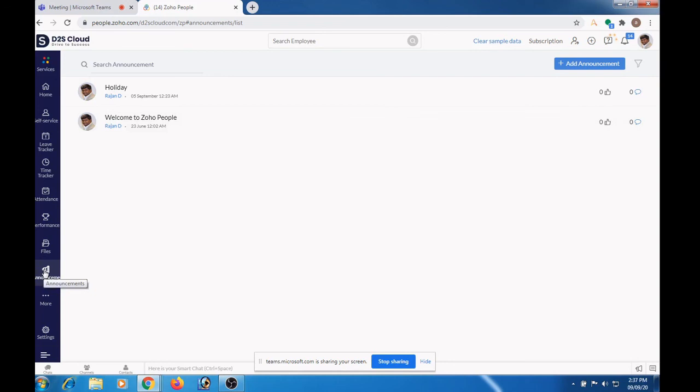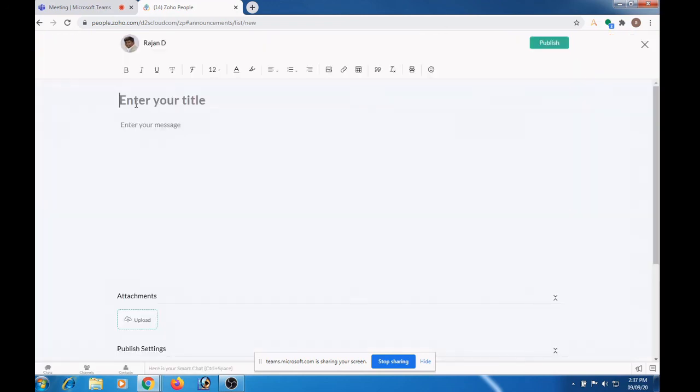The administrator can add an announcement by using the add announcement button here. You can type the title here, and you can type the message here. So you can click the publish button to publish this announcement.